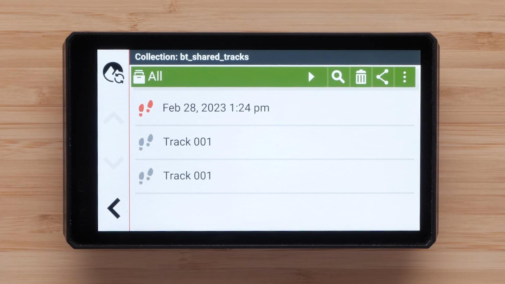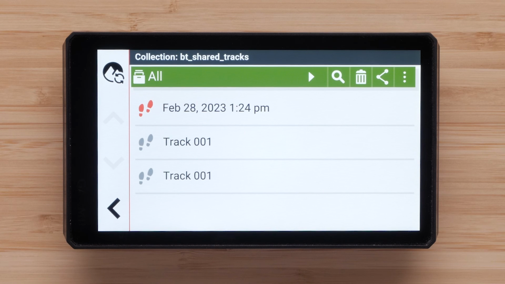Lastly, let's go over converting a track to a route. You can convert a track to a route on your Zumo XT2 device if you want to receive turn-by-turn directions during navigation. To calculate a route on the Zumo XT2 device, which is very close to an imported GPX file, start with a GPX file that is a track instead of a route. Then convert the track to a route.